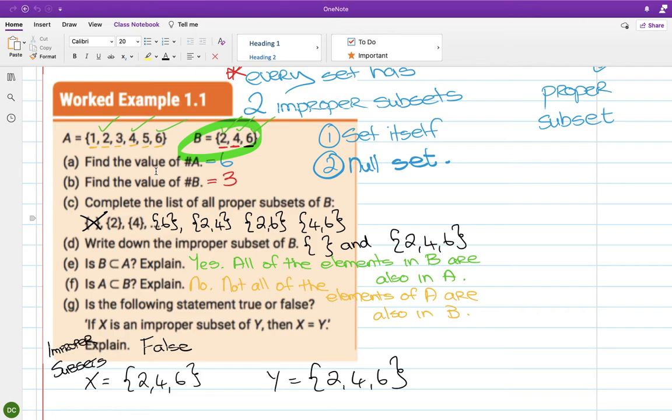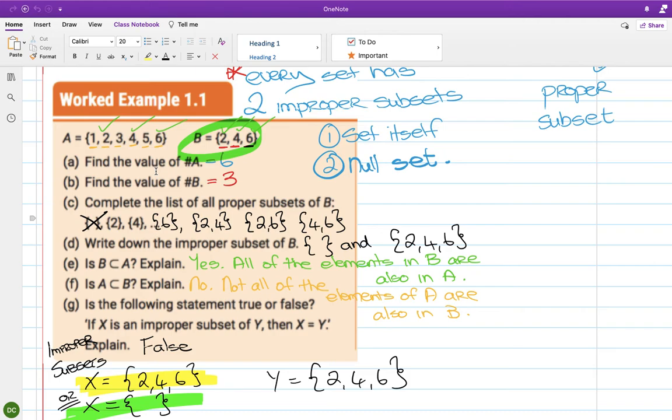So that means X is either 2, 4, 6 or X is the null set. Okay, they're my two options. So if it's this one, then it's true and they are equal. But if it's this one, then it's false and they're not equal. I really need to check this because